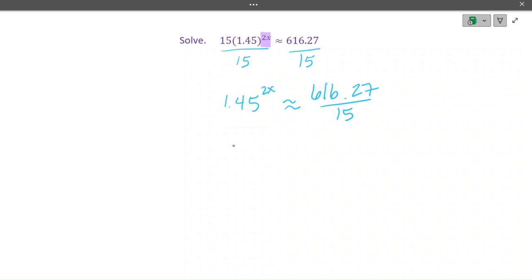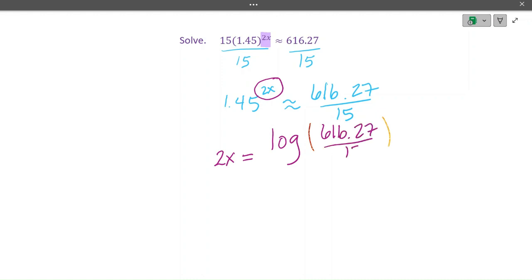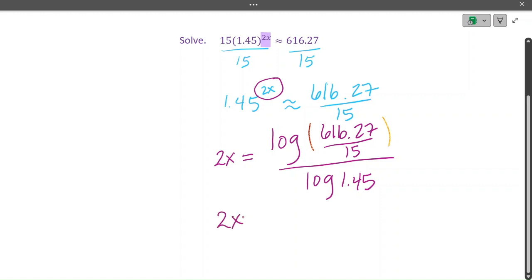So we start by saying our exponent. So our exponent is 2x. So our exponent equals the log of our non-base, which is 616.27 divided by 15, all divided by the log of 1.45. So when we go ahead and put this into the calculator, we get 2x equals